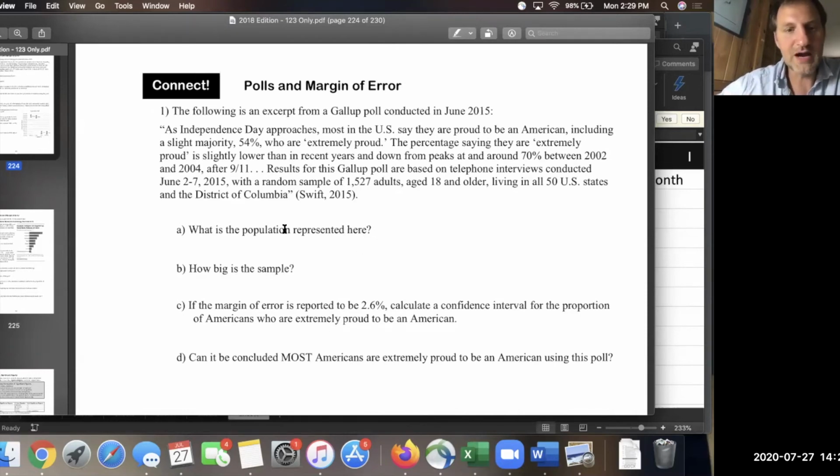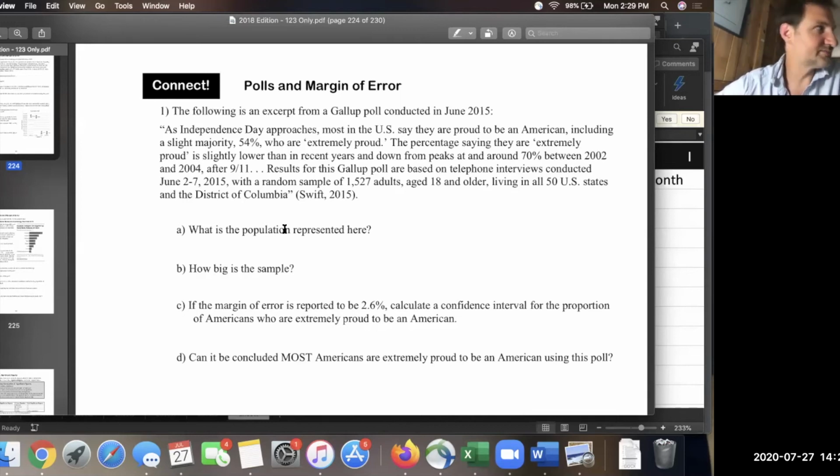When I say population, I mean, who am I trying to represent through my survey? And you don't want to write a really long sentence here. You just want to have a few key words that explain who you're talking about. Because if I say I did a survey and I want to know who's proud to be an American,